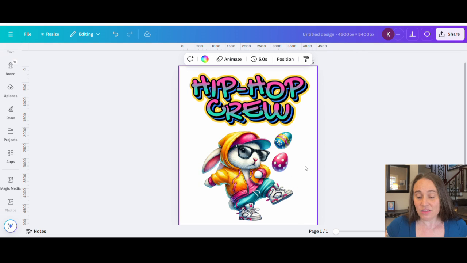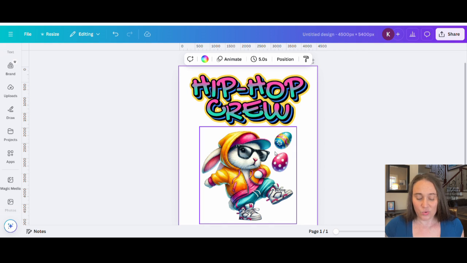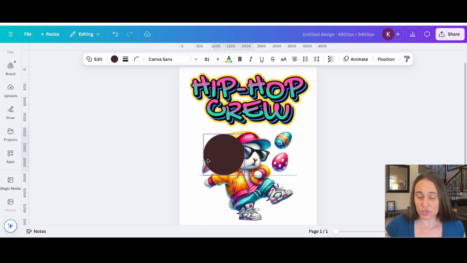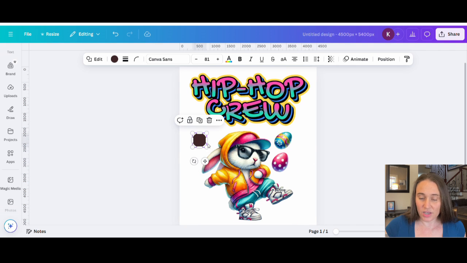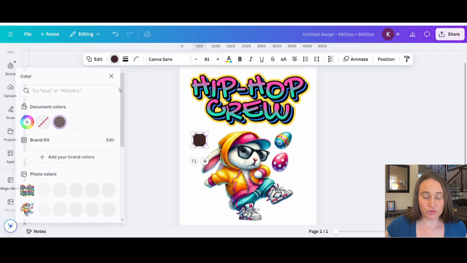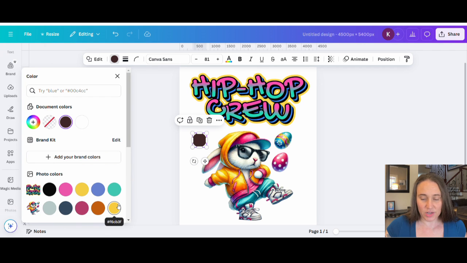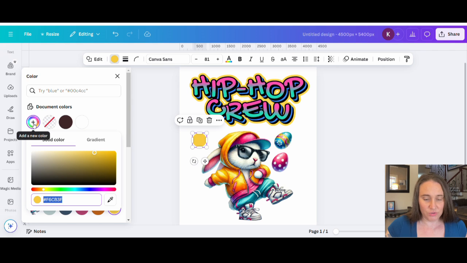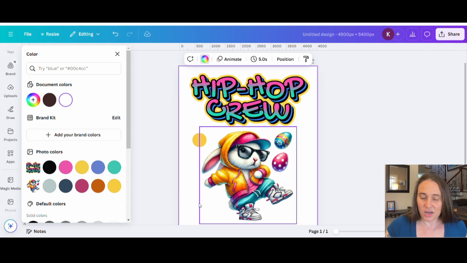If I had wanted to redo this and really try to match those colors exactly, I could do that too. The easiest way to do that, by the way, would be to do something like this. Pull up a C. That's just going to pull a circle. Doesn't matter what it is. And I'm going to take my circle. And let's say I'm wanting to match the yellow color in his jacket. I can go up to color. Usually it's going to pull the colors up here for me, so I don't even have to do anything like that. But to get the code, I would go over to add a new color, and it's going to give me the code right here. And so all I would have to do then is copy this. So I can hit copy,